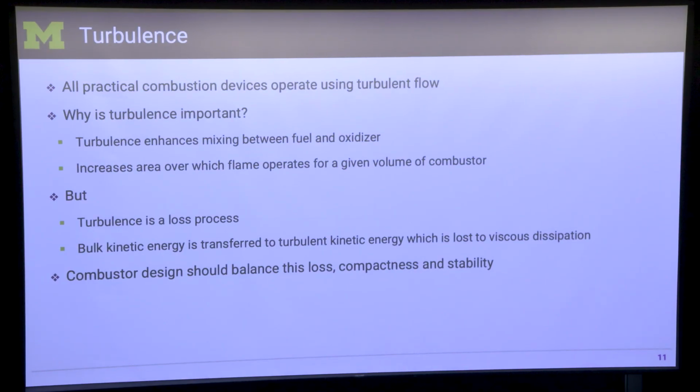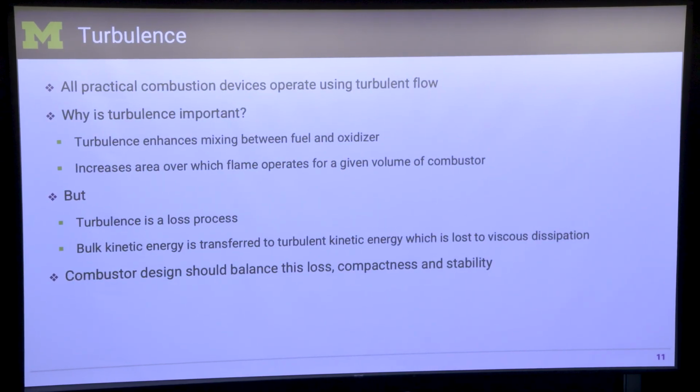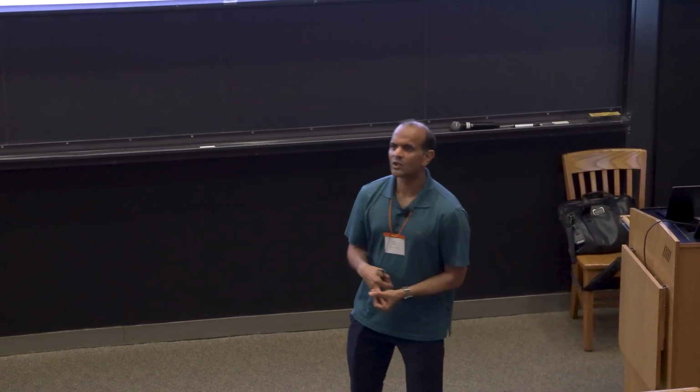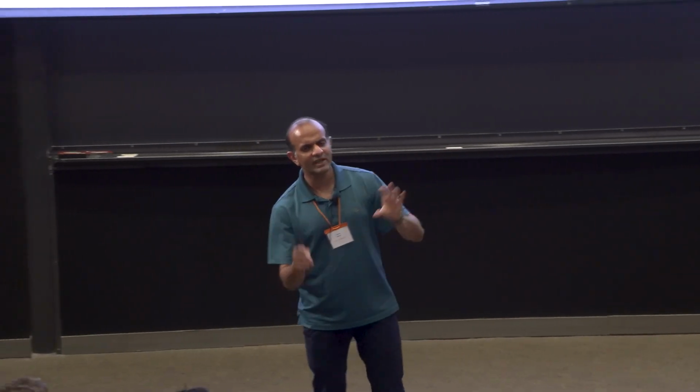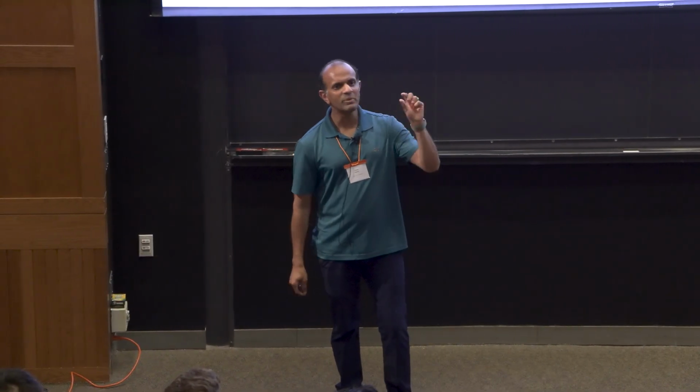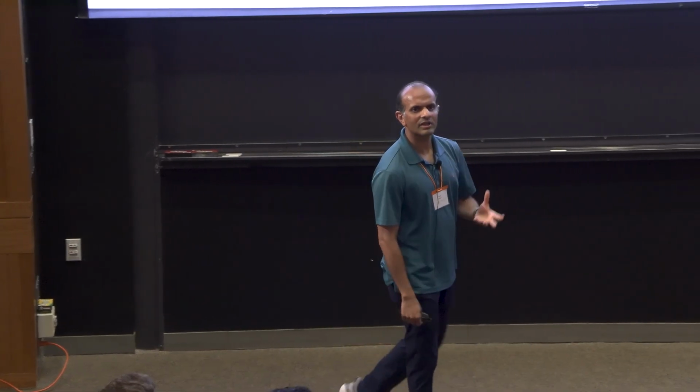Now, I do exaggerate, of course, right? If you take any gas turbine combustor, yes, there is turbulence in it, but the turbulent kinetic energy is a very small portion of the bulk kinetic energy. It's not that high. And even the bulk kinetic energy is a smaller portion of the total heat release that you're going to see inside the combustor. So these are all, in varying proportions, not a big number. But even though it's a small number, it has a very important effect on how we treat combustion, how we think about combustion.